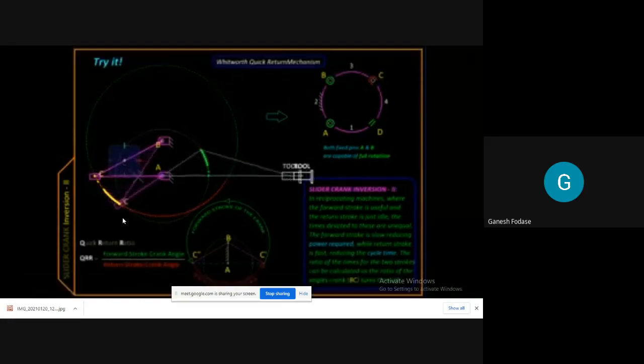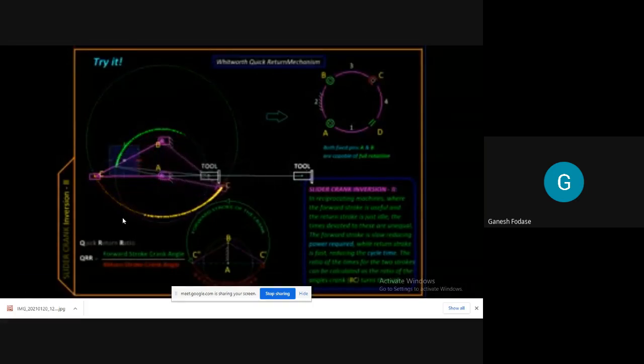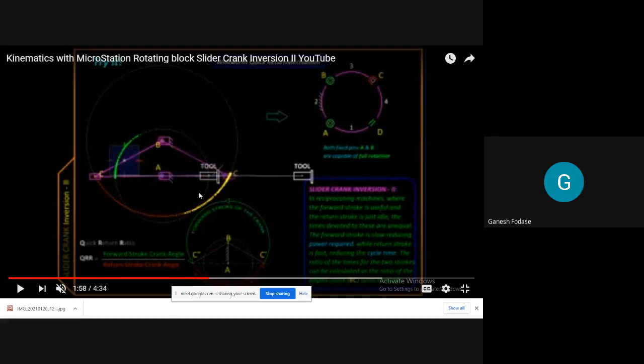We are moving it further. Now see when it moves in the opposite direction. Yes. So getting the idea? Now C is at extreme right. Where is the tool now? Extreme left position. And I hope you have seen that motion, how we are moving it from C dash to, let's say, C double dash. The tool is moving back. This is the return stroke. So another extreme position, another position here. You can see the tool is here now. When the crank BC is here, the tool is at this position. When C is at this position, the tool is at extreme right. So at this position, the tool is at extreme left position.